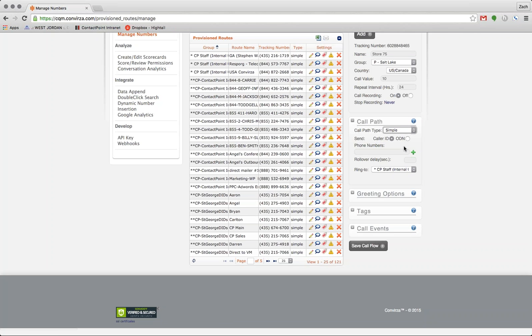A Geo Route will let you forward to a location based on where the customer is or what zip code they enter, so they can forward to a specific, like the nearest store, for example. And outbound will let you record your outbound calls. For the purposes of this video, we're just going to select a simple route,